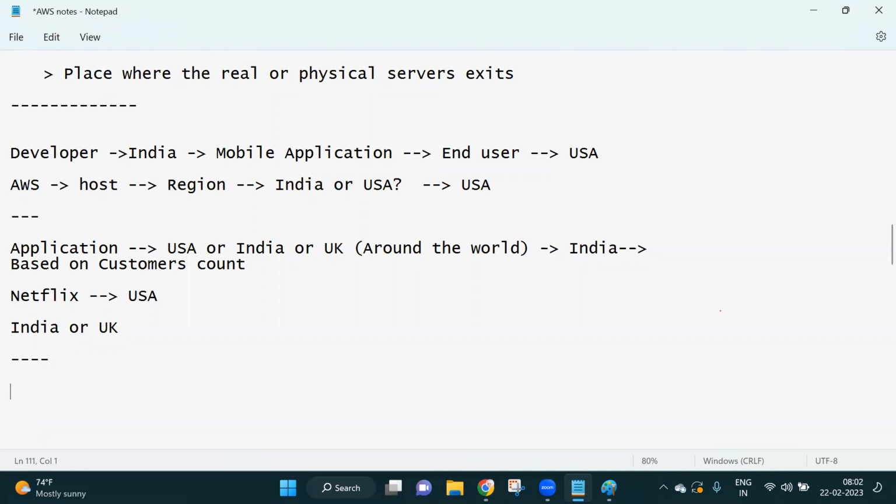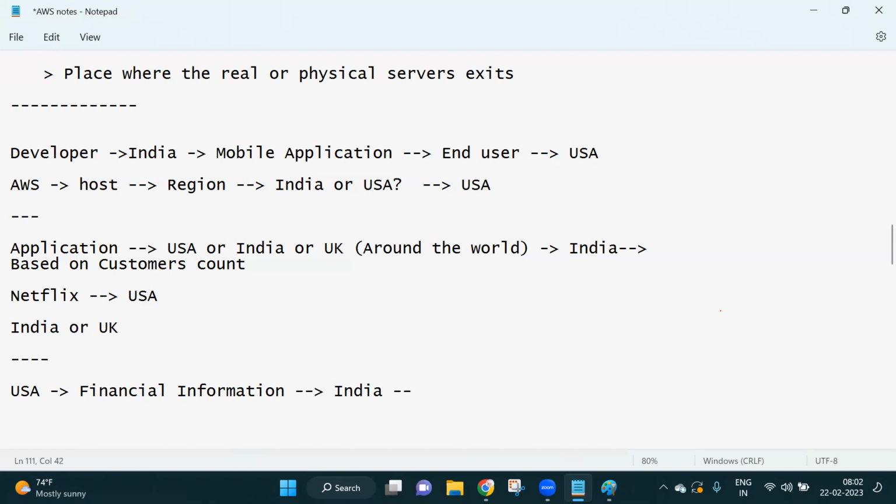And sometimes, see, if you take USA, suppose they have some financial application, financial information for some bank. But the developer is available in India.